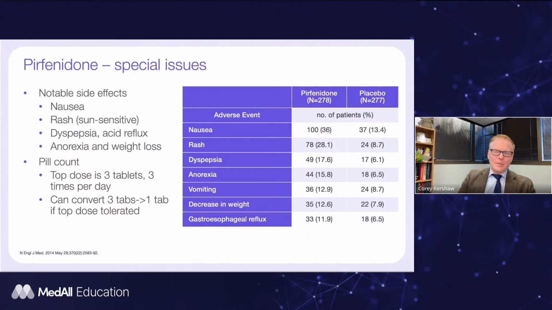Another thing that's a little bit problematic when prescribing pirfenidone is the pill count. The top dose of pirfenidone is 3 tablets 3 times per day, so 9 pills per day. That's how you get to the total dose of 801 milligrams 3 times per day. There is a single 3-tablet to 1-tablet conversion available. So the small tablets are 267 milligrams. There is a single 801 milligram tablet. So if patients do get to the top dose, you can convert them to the single tablet, but it's still